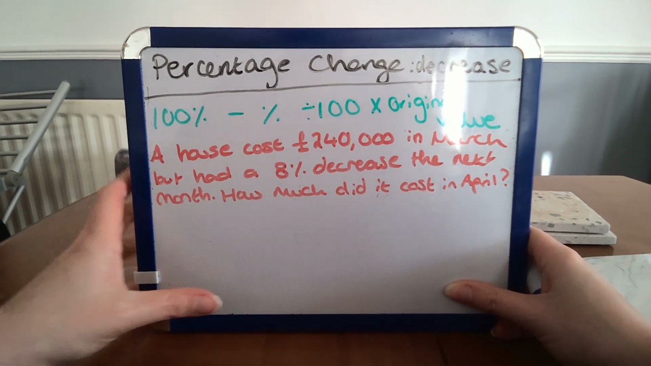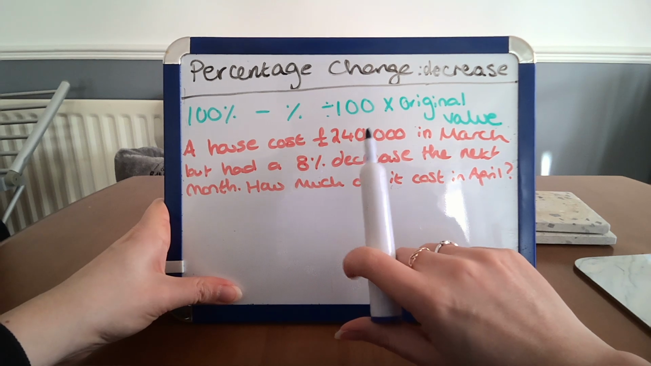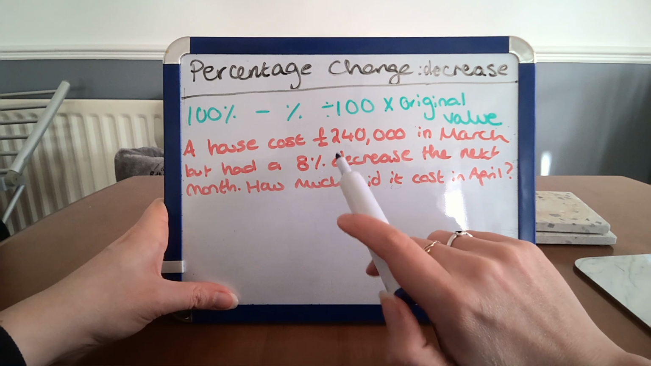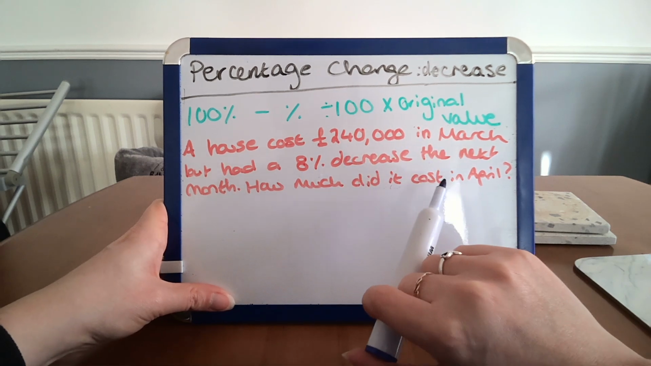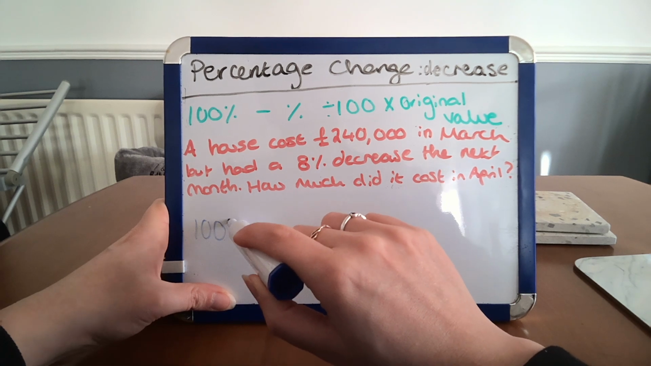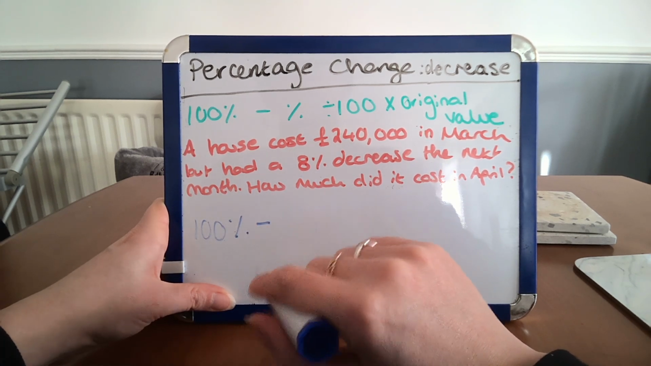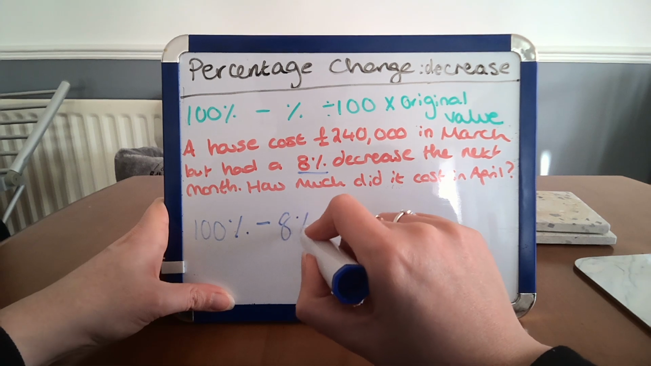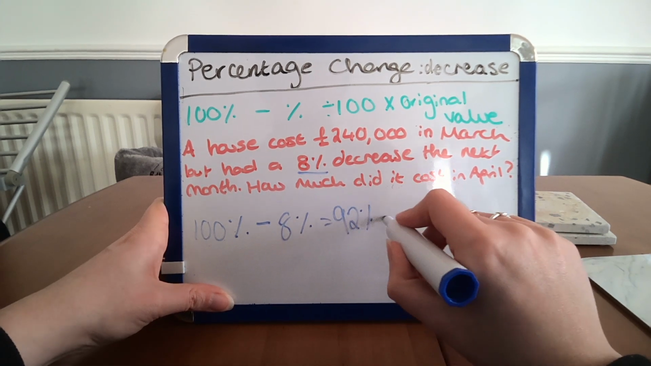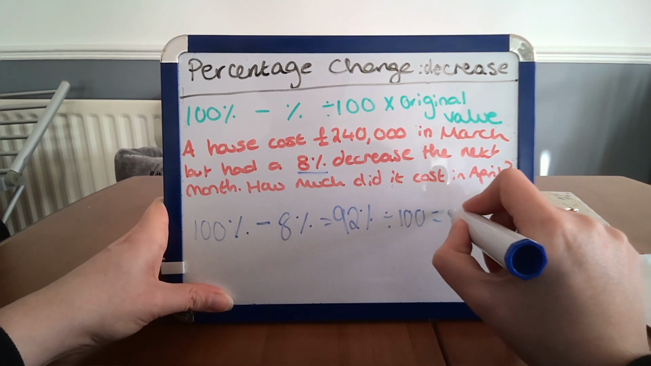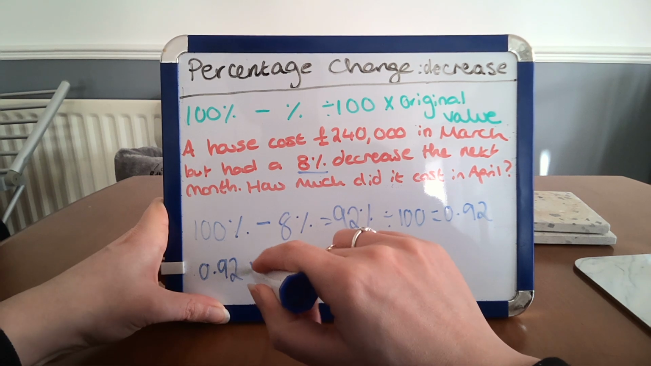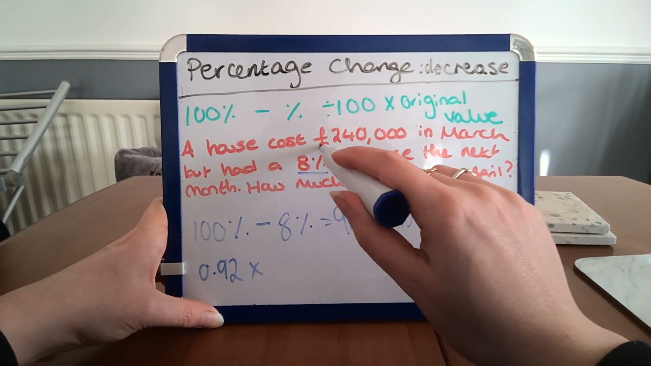Okay, so this question says a house costs 240,000, sorry, in March, but had an 8% decrease the next month. How much did it cost in April? So using our formula here in green, we take our 100% and we take away our percentage, which in this case is 8%, which equals 92%. We divide that by 100, which equals 0.92. We take our decimal and we multiply it by the original value, which in this case,